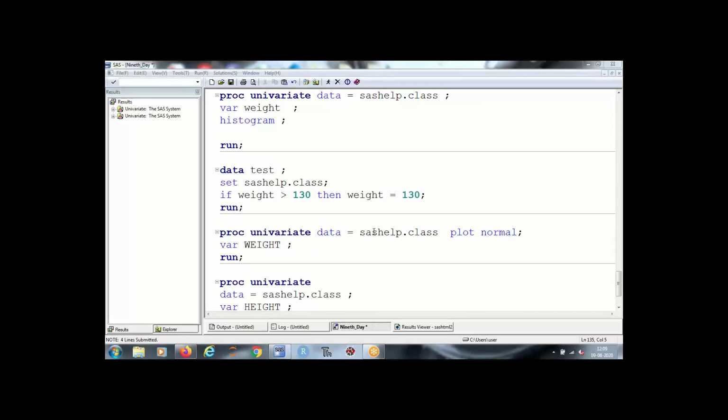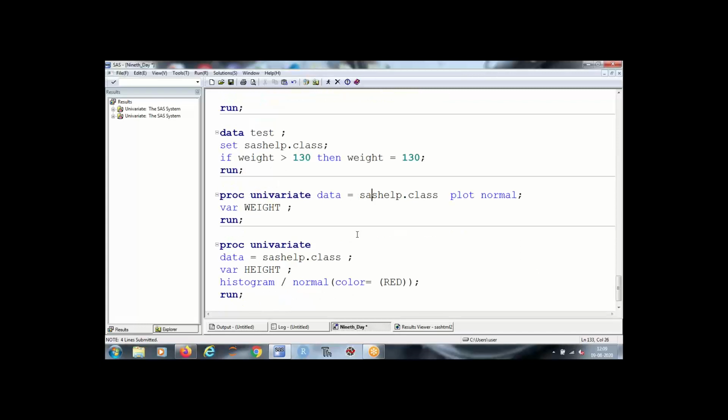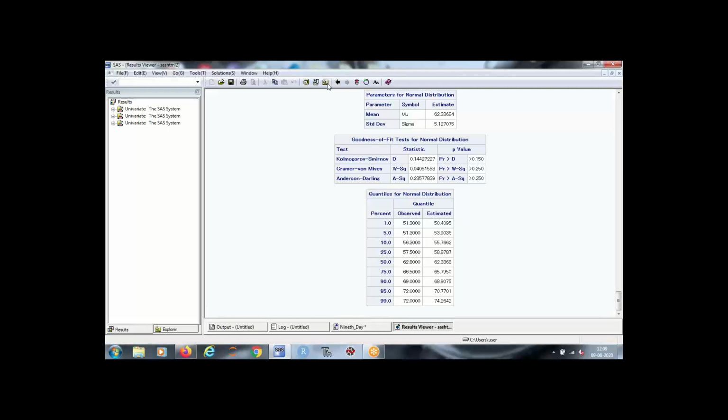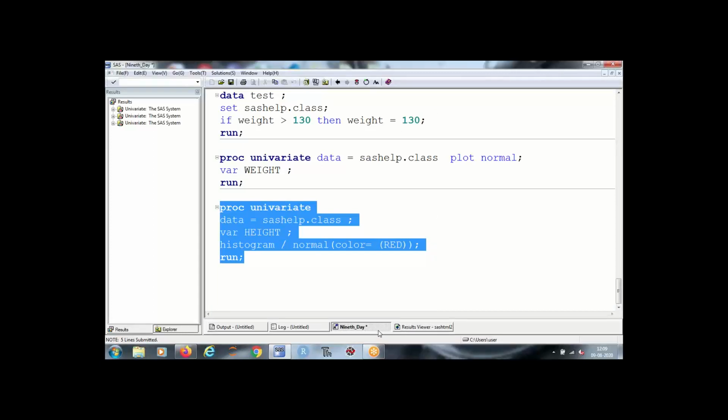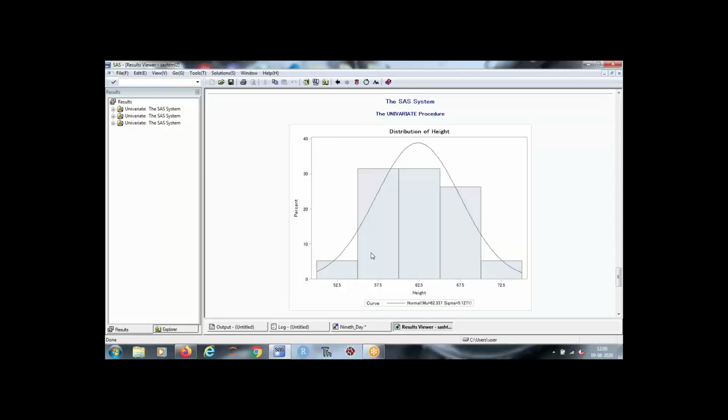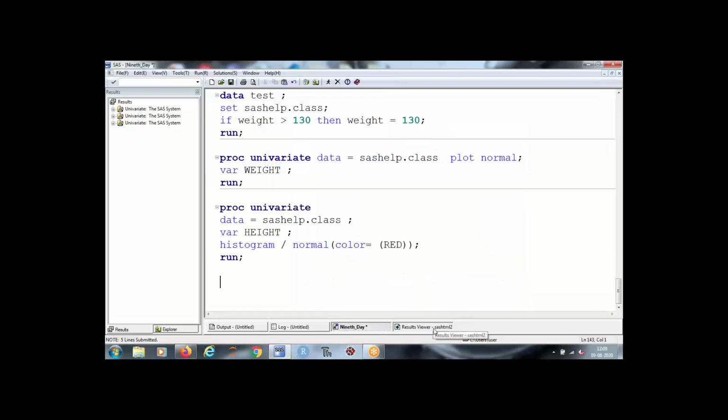All right. You can also have the normal test option. What is the difference between plot normal and normal test? Plot normal will plot your normal probability curve along with your other graphs.